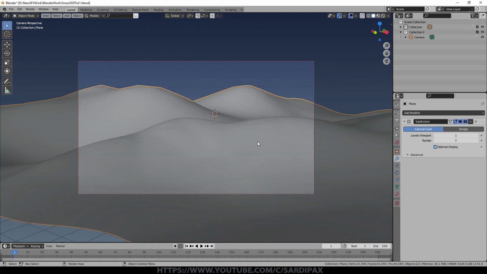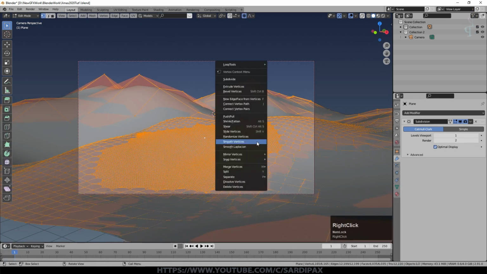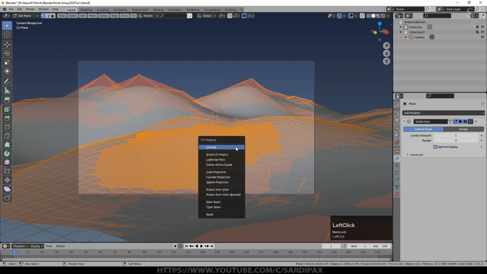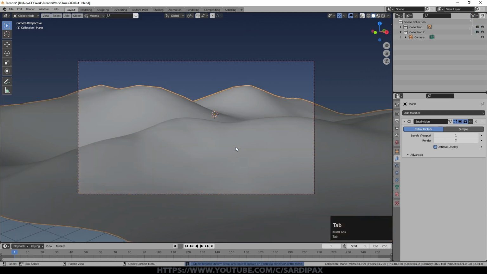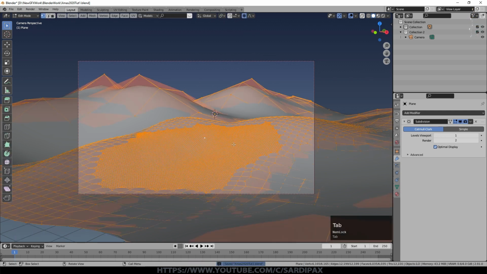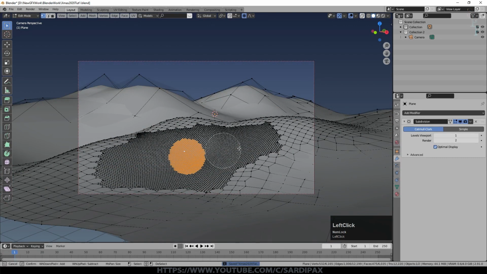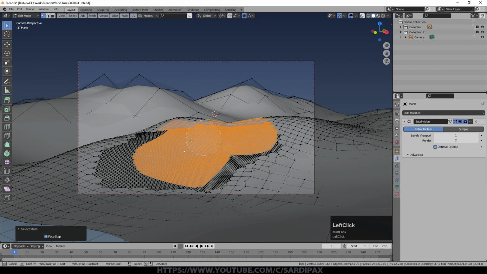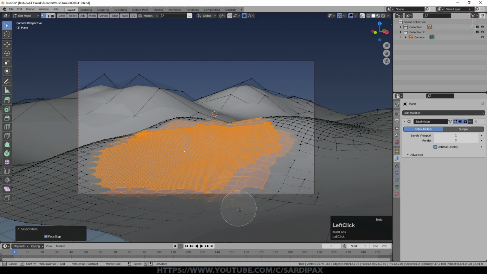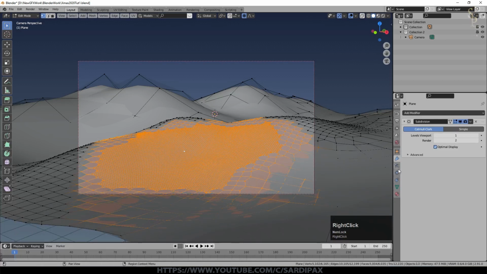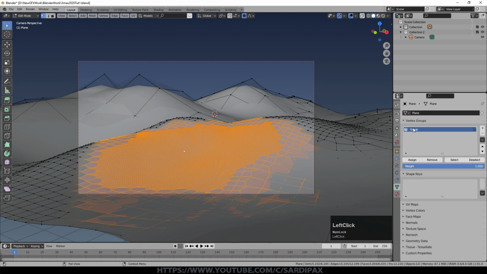And there we go. So now it's a simple plane, albeit it's got lumps and bumps on it. So we'll go and select all the vertices and we'll say U unwrap. It'll say it's non-uniform, but we're probably going to rescale it anyway, so don't worry about that. And also, if I select some of this area here, I'm going to put a few trees on it. So I want to make sure that I don't have the trees right in front of the camera in the way of the text. So I'm just selecting this area here and add a vertex group, and we'll call it no trees and assign that.